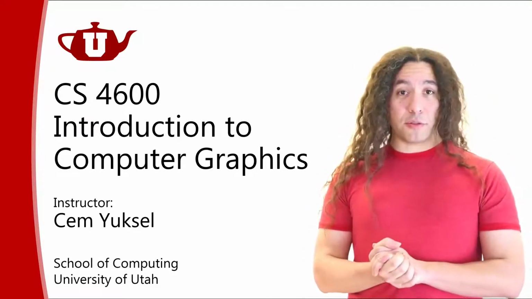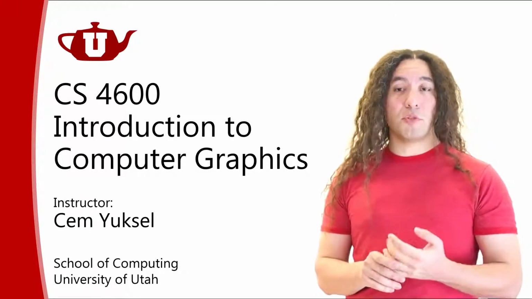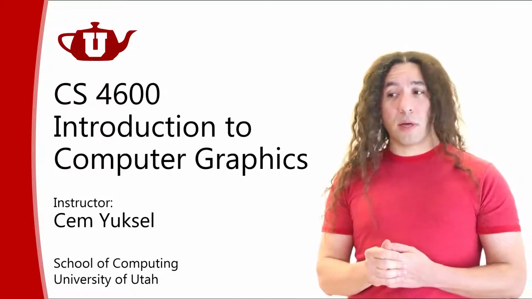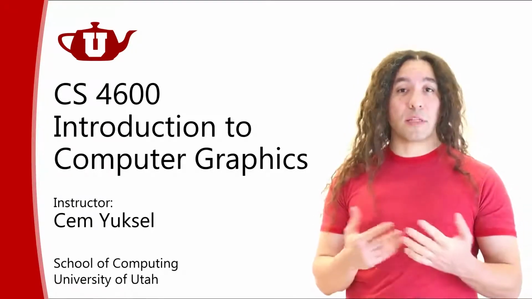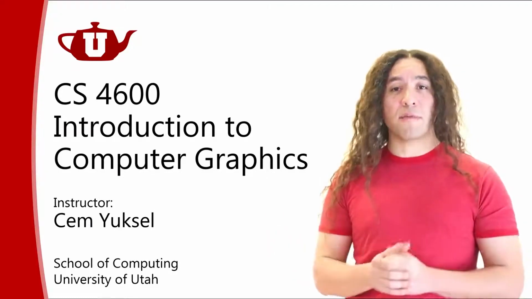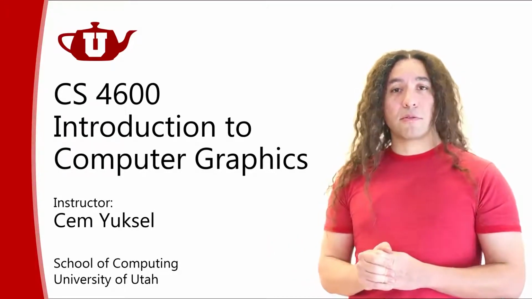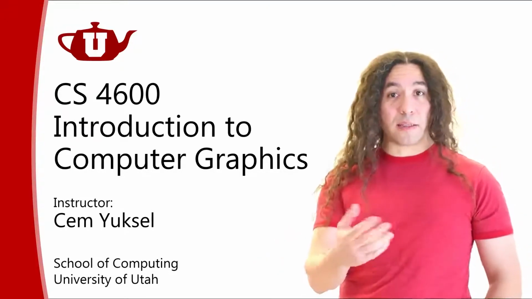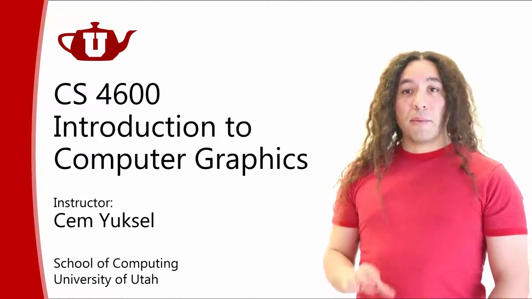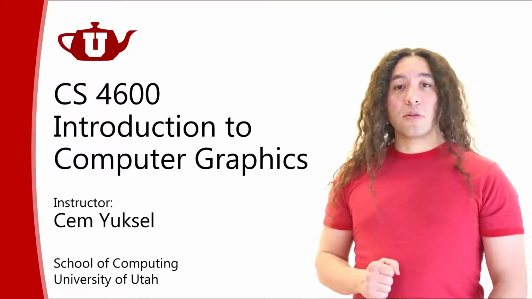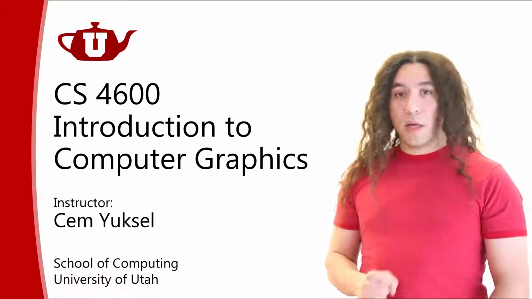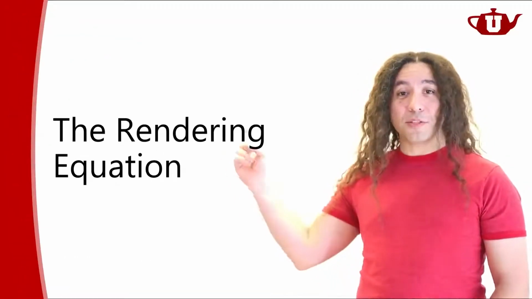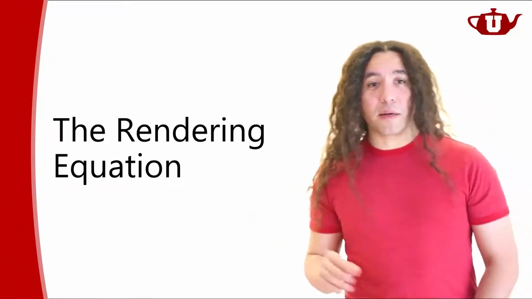We have been talking about shading. Last week we talked about shading in general, and we talked about the Phong material model and the blend material model. We talked about smooth shading and how to interpolate normals so we can get smooth looking surfaces out of our polygonal shapes. And we talked about how to handle all of those mathematical details and how to transform normals. But today, I would like to talk about the concept of shading in more general terms, in the context of what is called in computer graphics the rendering equation. So today, we're going to be talking about the rendering equation.